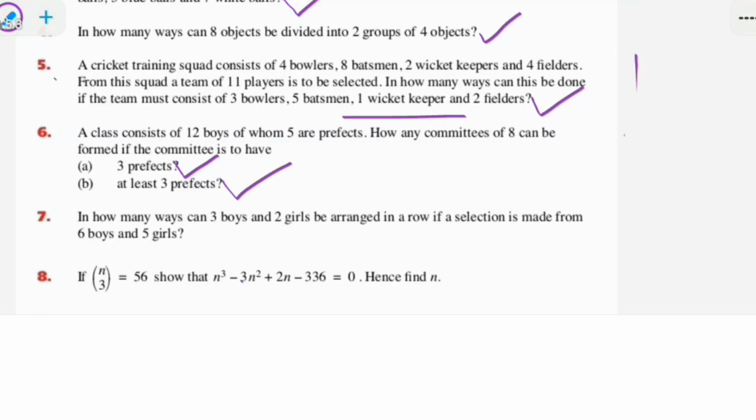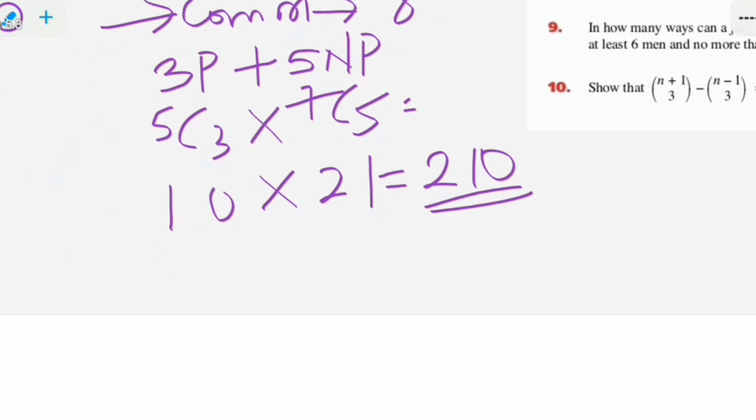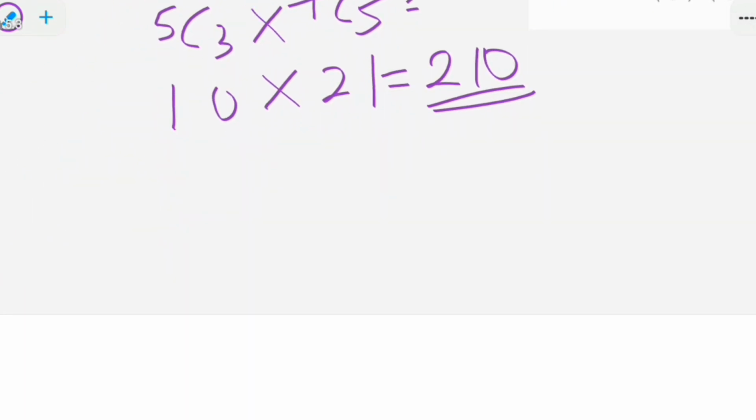Now for the second part, you are told that there should be at least 3 prefects. At least means you should have 3, 4, 5, as in 3 upwards. Now just look at what you have here. Your total should be 8, don't forget. So you should have at least 3 prefects. So it's either you have,